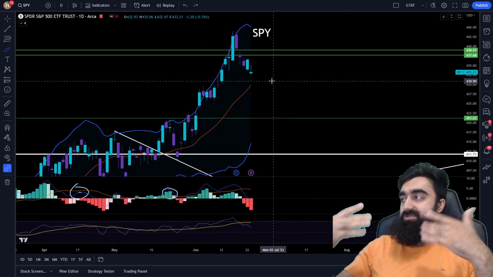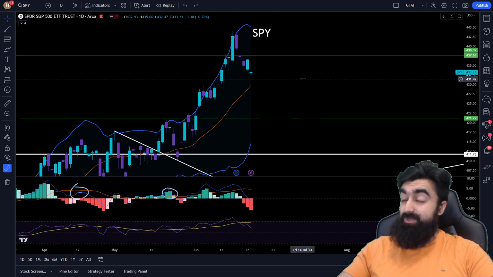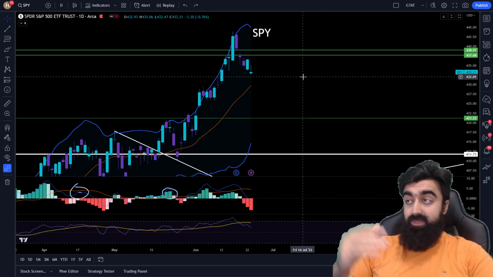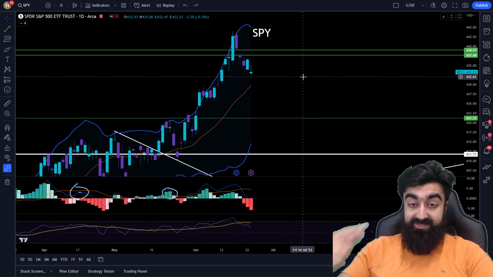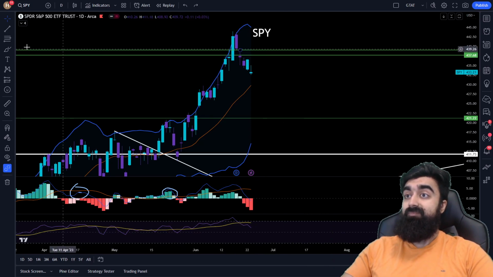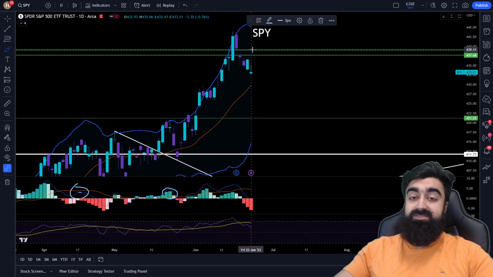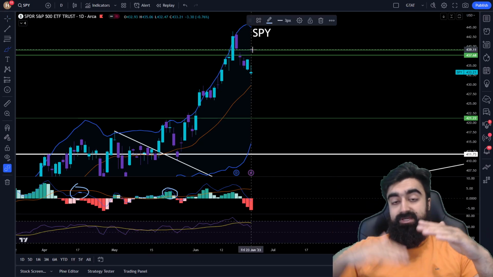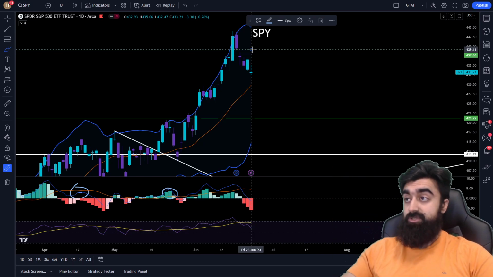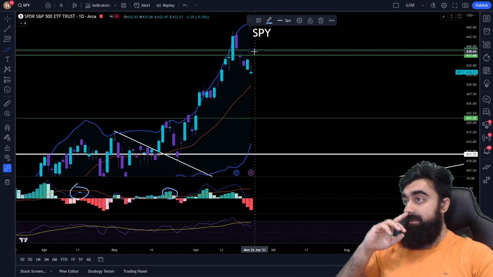But regardless, the main thing now is basically just what the levels are going to end up being to the downside. So we obviously have support at 433, then we have support at 432, and then 430. As we get closer to those levels of support to the downside, I am going to be more bullish, okay? And I'm not going to be leaning as short. It's basically a range between 436 to 430. Closer to 436, you're bearish. Closer to 430, you're bullish. And to keep it very simple, really, that's that.